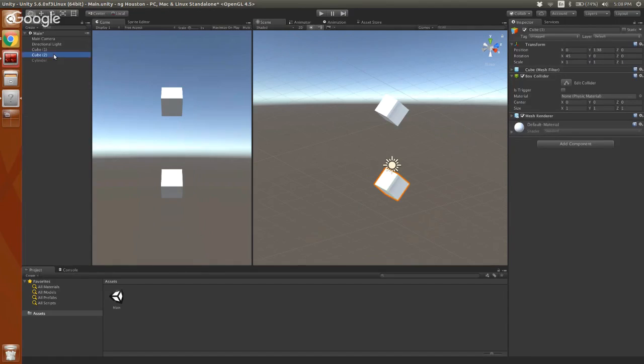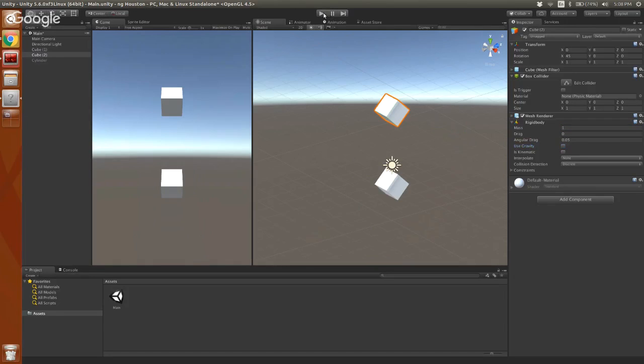And we can go to that top cube and look at our rigid body, which is, again, what allows it to interact with the world. We have a couple of options here. We can set things like the mass of the object. If we set the mass really high, it would have more inertia and more force when it runs into another object. We can set the drag, which is the resistance to this thing moving, angular drag, et cetera. We can turn off gravity if we wanted, which just makes gravity not happen for this object. So the rigid body is still there, but it doesn't have gravity. There's a bunch of options here. Some are more complicated than others.